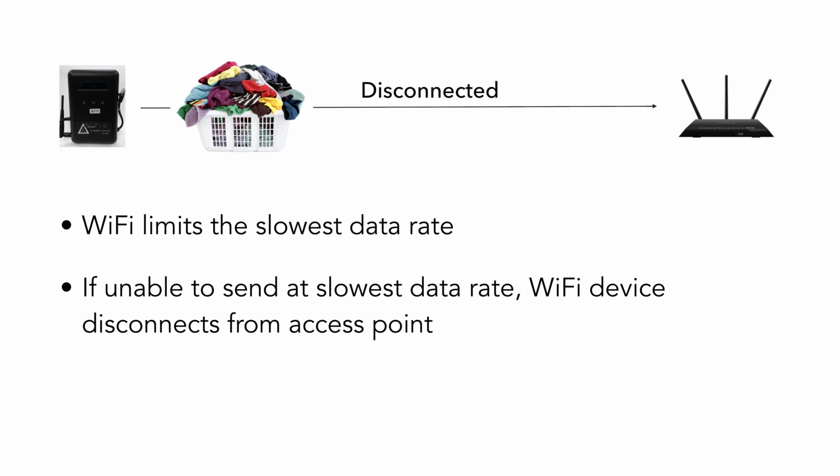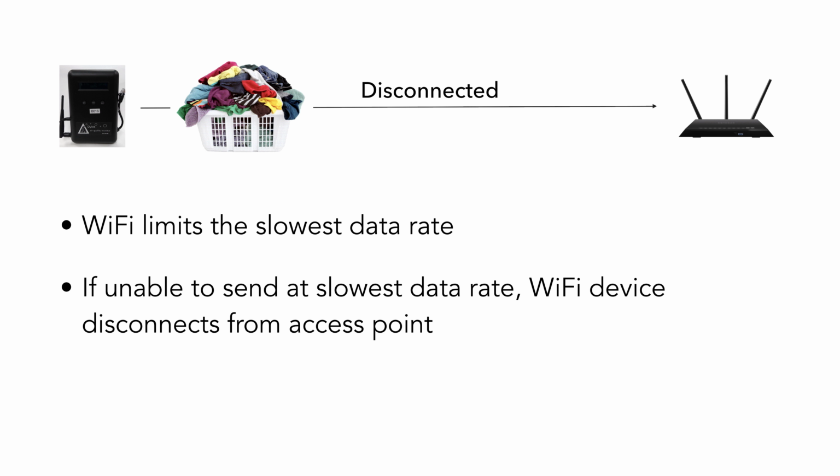It's kind of interesting how Wi-Fi works: it sets the lowest data rate. In this case, I said 6 megabits per second, could have been 1 megabit per second. It's up to the access point to decide. But if a sensor or a device is not able to maintain that lowest data rate, then it is no longer connected. So it sets the lowest bound and then it's no longer connected, which, from Todd's perspective, is a good thing, right? He wanted that so that it would reduce the range of these devices, so not as many people could connect to it.